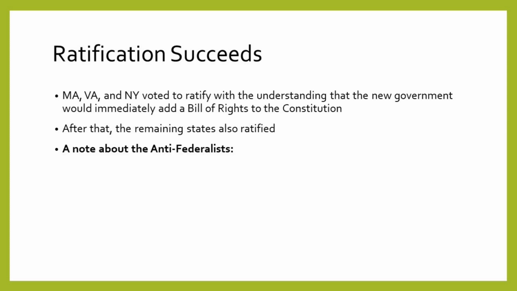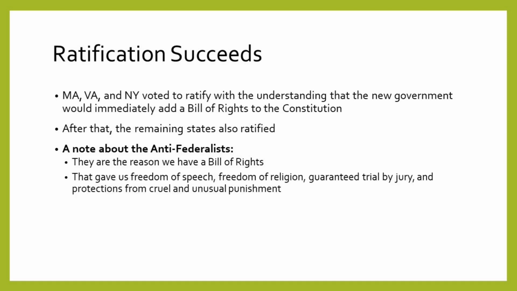Now, real quickly, I want to point out that although the Anti-Federalists failed to prevent ratification of the Constitution, their opposition directly led to the creation of the Bill of Rights, which, among other things, protects American freedoms of speech and religion, guarantees the right to trial by jury, and bans the use of cruel and unusual punishments. This goes to show that from the foundation of the country, well-reasoned critiques of the American system of government have always been vital to the process of creating the laws that today are core to our understandings of what America is and should be.